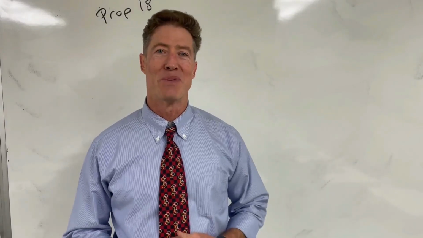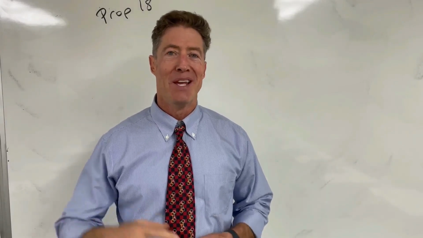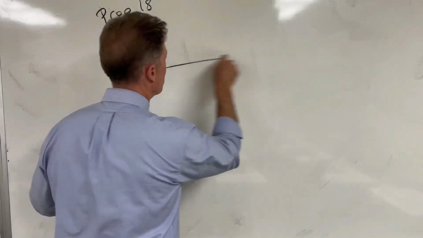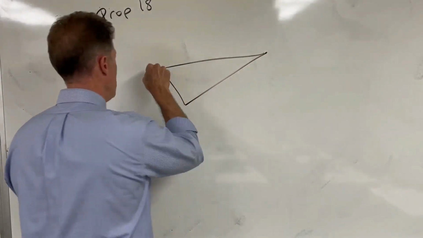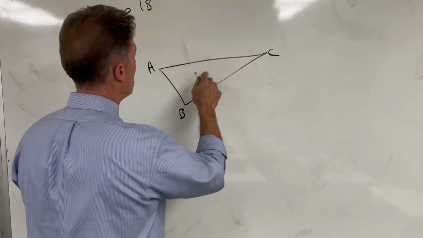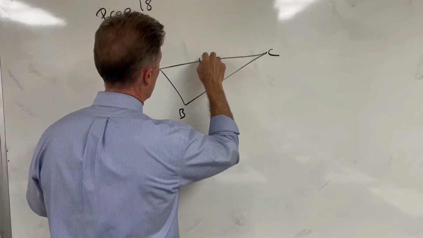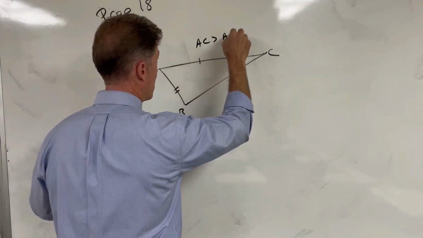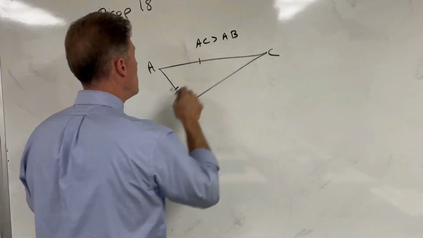Euclid's Elements, Book 1, Prop 18. The greater side subtends the greater angle. So if we have a triangle, call it triangle ABC, and if in this triangle, side AC is greater than side AB, that's our given, then we want to prove